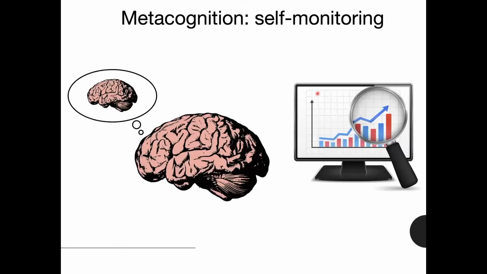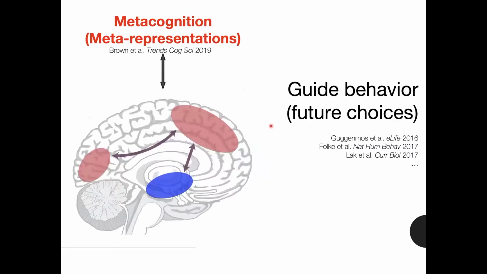Probably all of you know this better than me, but just to have a quick recap on what metacognition is: it is essentially a self-monitoring function. You can think of cognition about cognition, thinking about our own thoughts or our own decisions. So really it is an internal monitoring function. And when we look at it from the perspective of consciousness, metacognition, I would say, can be related to meta representations, because you have this.